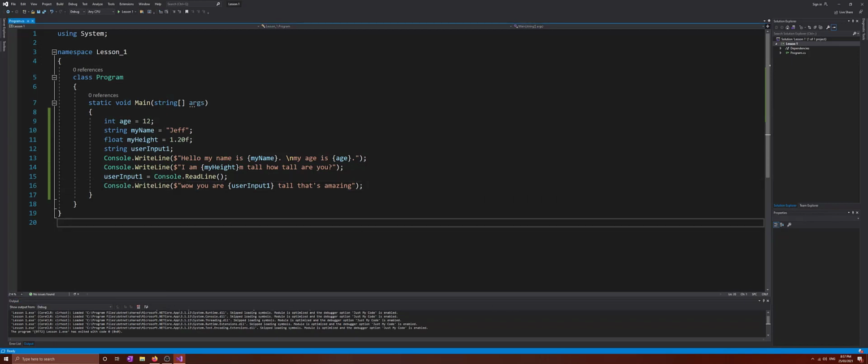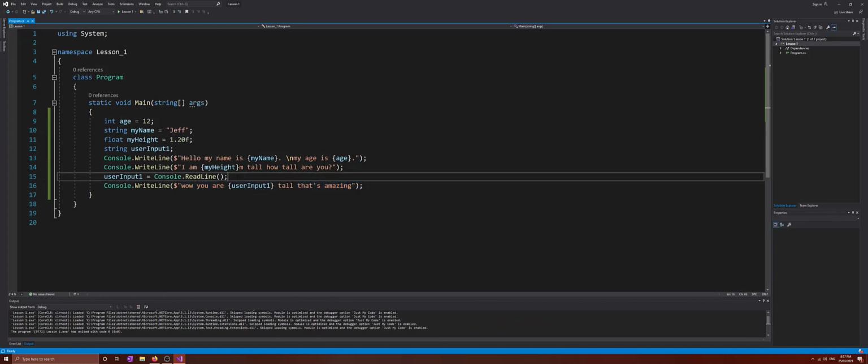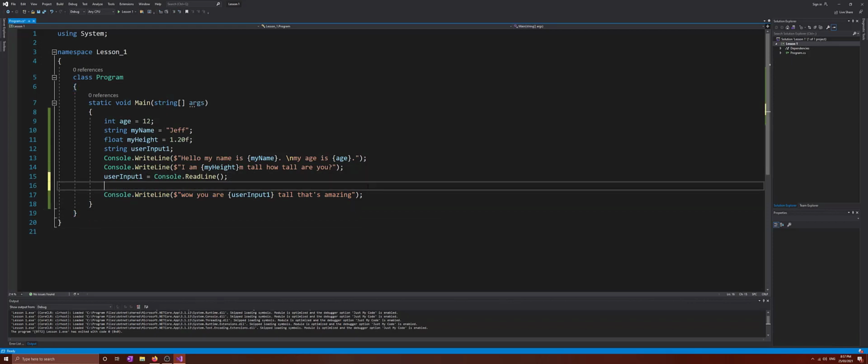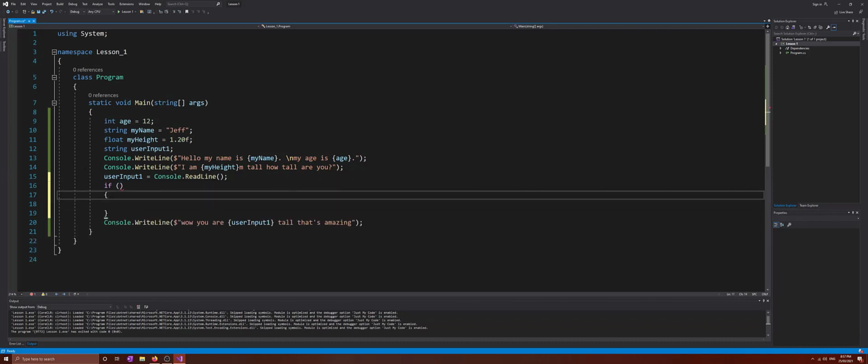So if, and funny that I say the word if, I don't want him to always say that's amazing, and instead we're going to make a judgment call. He's going to make a judgment based on your height, right? So let's start with using our first command structure. So if, notice it's also purple like our previous if structure, and we add curly brackets, okay? So every if statement will need your condition and then your two curly brackets where what's going to happen goes. So if I go if userInput1